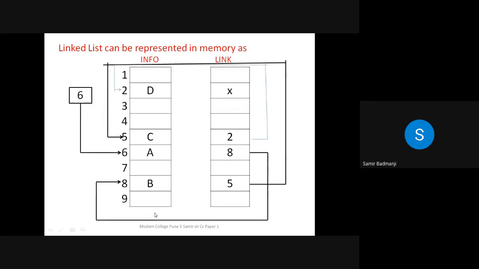Now this is the first array called info. This is the second array called link. So 2 arrays are there, and like this you have to show it in